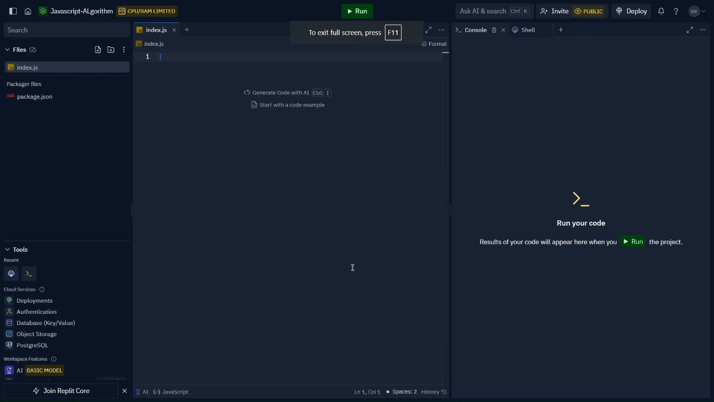We will try to solve the problem of sorting an array using the bubble sort algorithm. Let's build the function signature for bubble sort. So we have a function